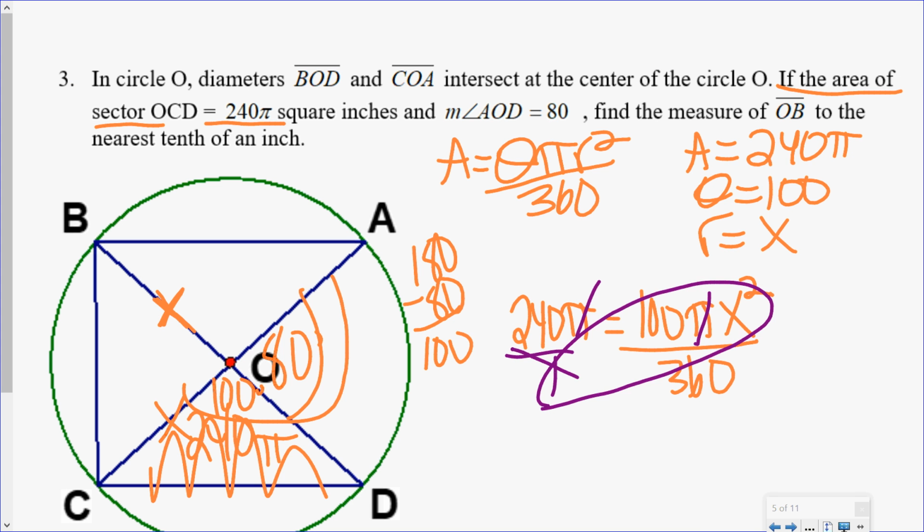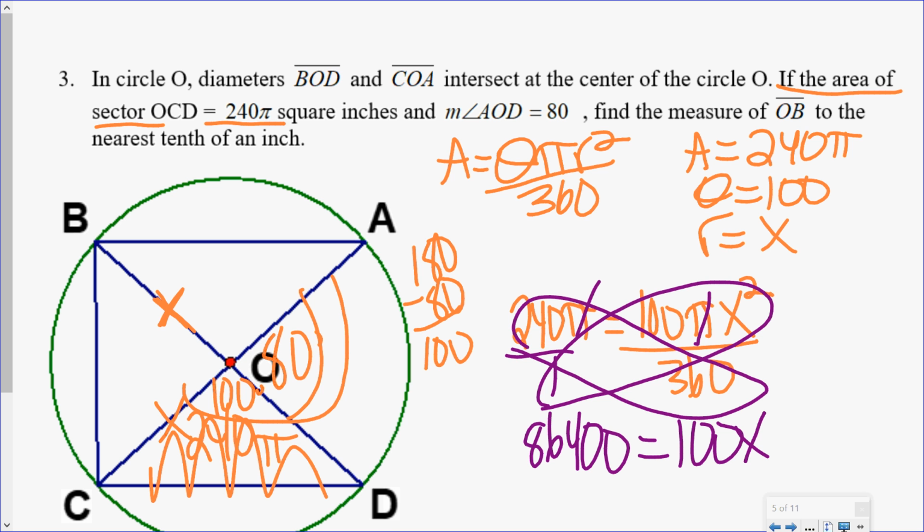Cross multiply. 240 times 360. I use a calculator. It's 86,400. 1 times 100 x squared is 100 x squared. Divide by 100. I get